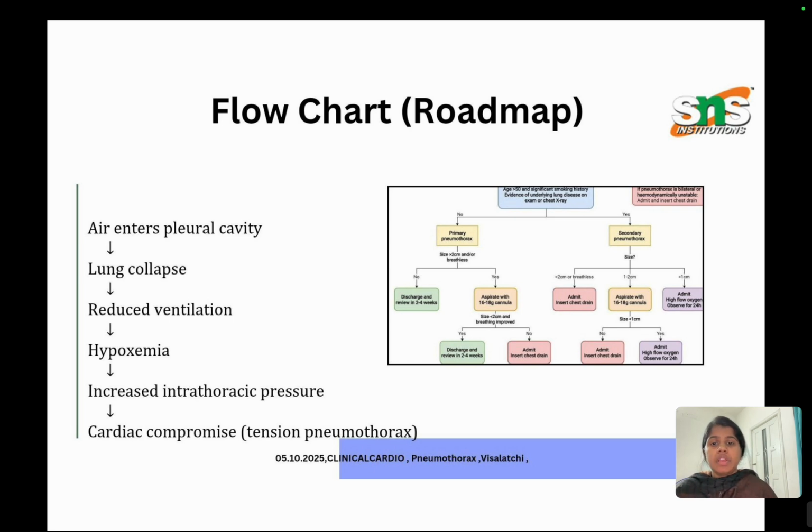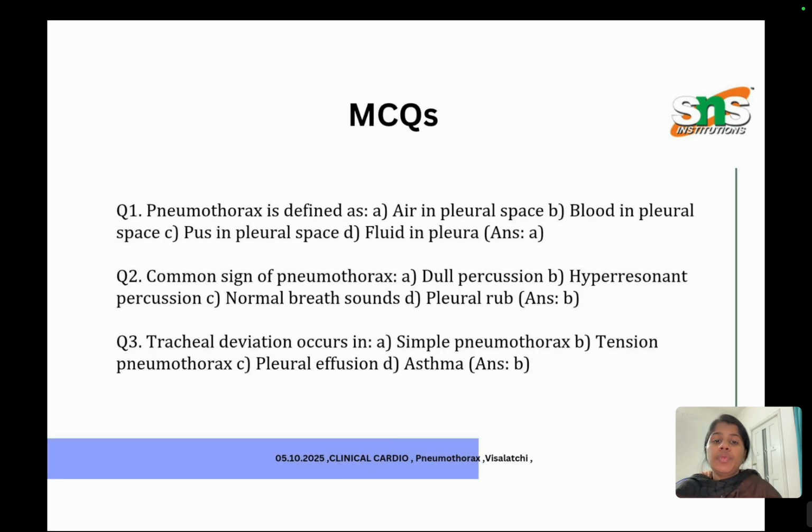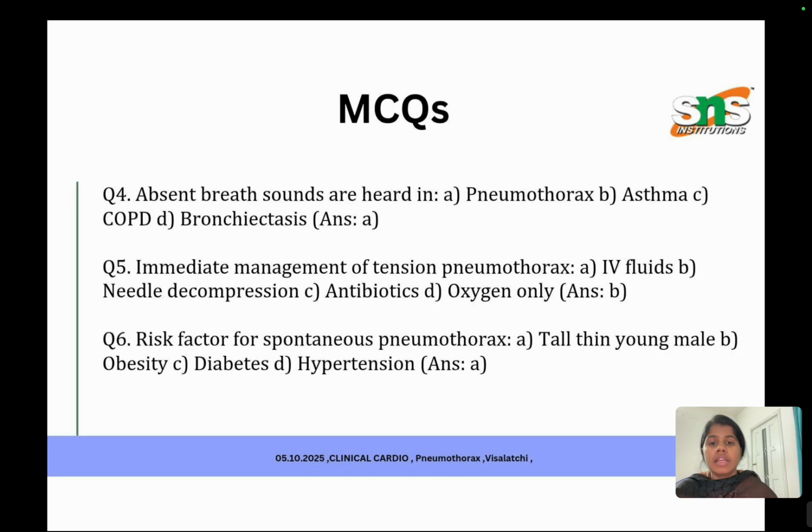And this is an MCQ in which the answers are also given. Pneumothorax is defined, as we all know, as air in the pleural space. A common sign of pneumothorax is hyperresonant percussion. Tracheal deviation occurs in tension pneumothorax, and absent breath sounds are heard in pneumothorax, as we discussed in signs and symptoms. The immediate management of tension pneumothorax is needle decompression, as I told before, in the second intercostal space. The risk factor for spontaneous pneumothorax is a tall, thin,